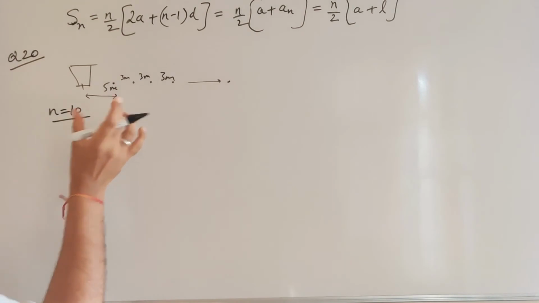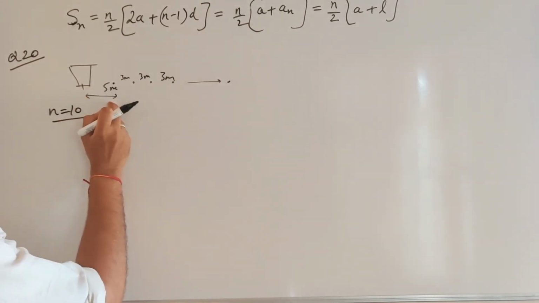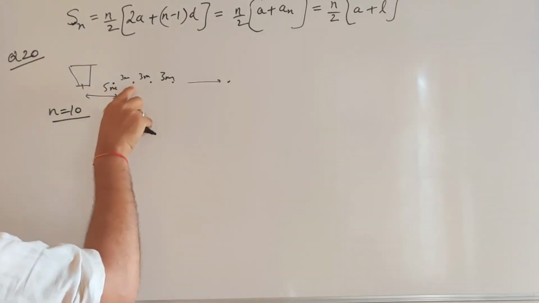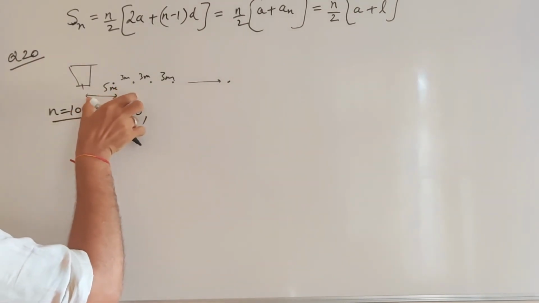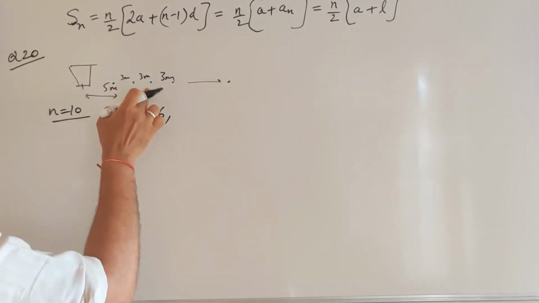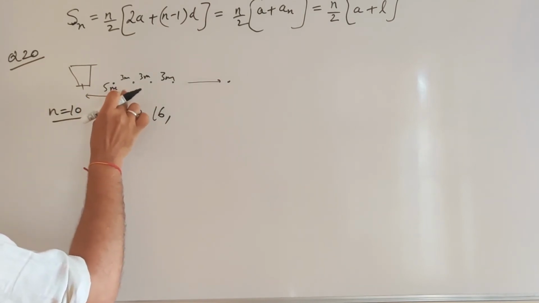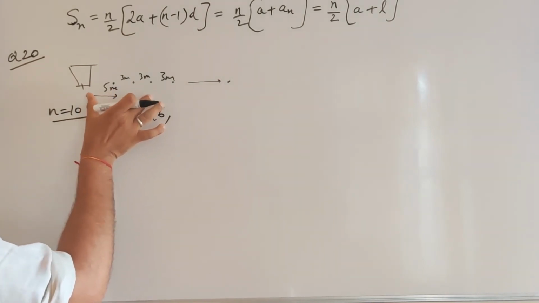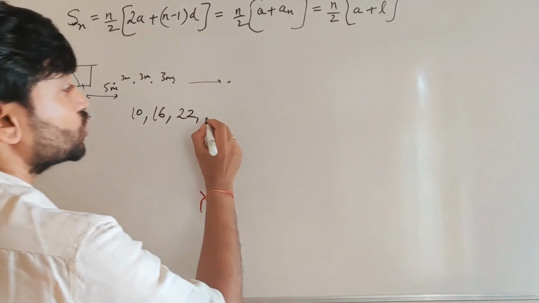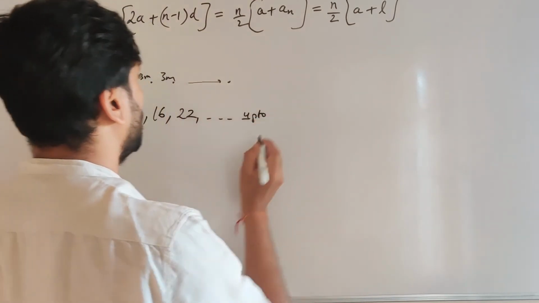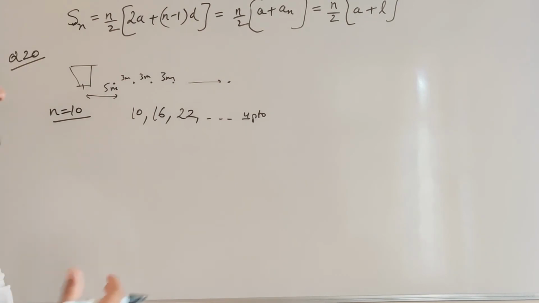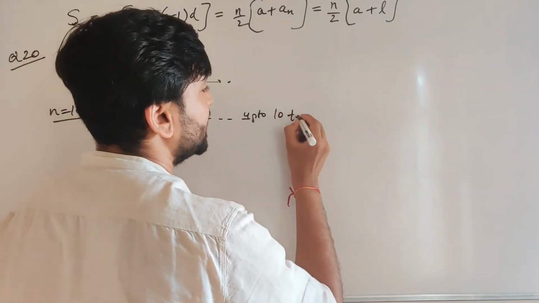So first time, how much distance is the competitor running? 5 meters going, 5 meters coming back. So 10 meters in total. For the second potato from here, this is 8 meters. So 8 meters going, 8 meters coming back. So 16. For the third potato, 5 plus 3, 8 plus 3, 11. So 11 meters going and 11 meters coming back. So 22 meters. And so on, up to 10 terms, because there are 10 potatoes, so the competitor would be going 10 times like this.